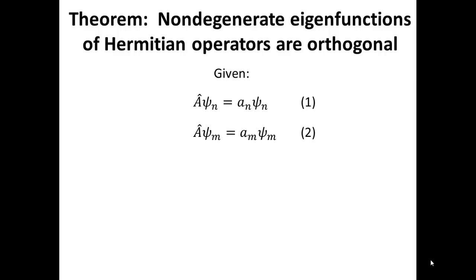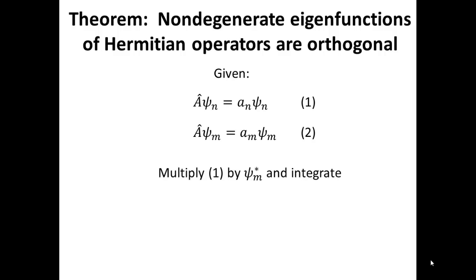We also want to define an eigenvalue equation for another state of the same system. Again, if you want to think about this in a concrete way, this could be a particle in a box problem where we're simply defining the eigenvalue equation for n equals 1, and then the eigenvalue equation for the n equals 2 state of the particle in a box. So obviously we have two eigenvalue equations. I'm going to call those equations 1 and 2 just for easier reference,